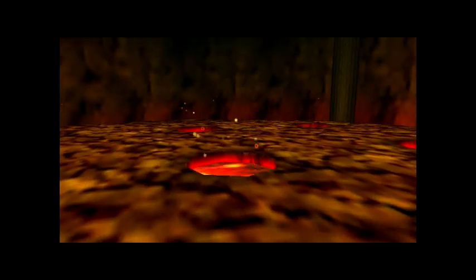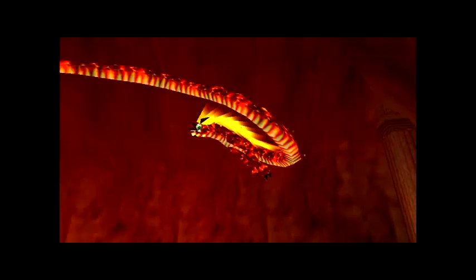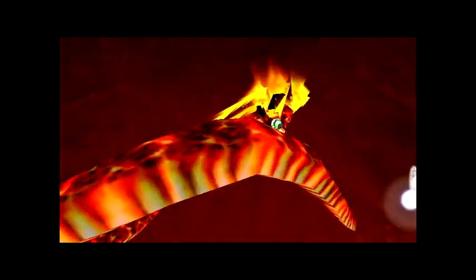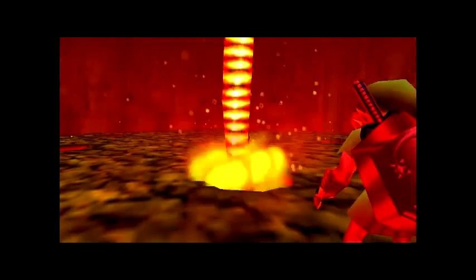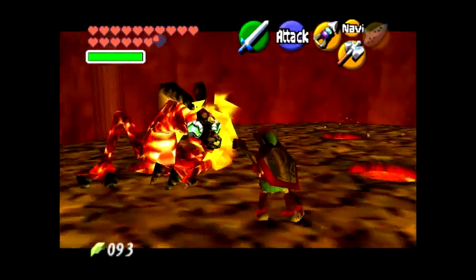For now, probably the easy thing to do is take care of Volvagia, and then we can go explore the rest of the dungeon. Yeah, we'll do that. And then I'll worry about Ganon's Tower next time, because that's going to take a few parts, at least a couple. So we'll take care of Volvagia here, get him out of the way, and then explore the rest of the temple. Let's see, I should probably go...